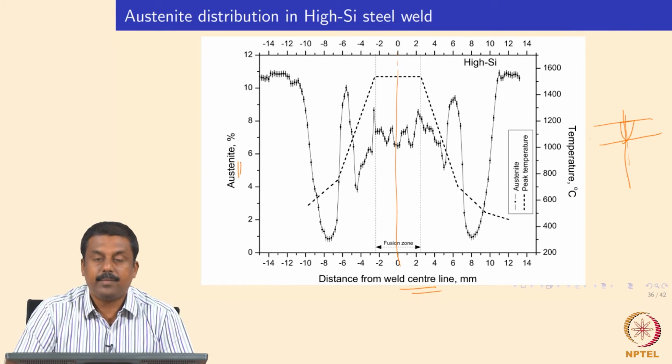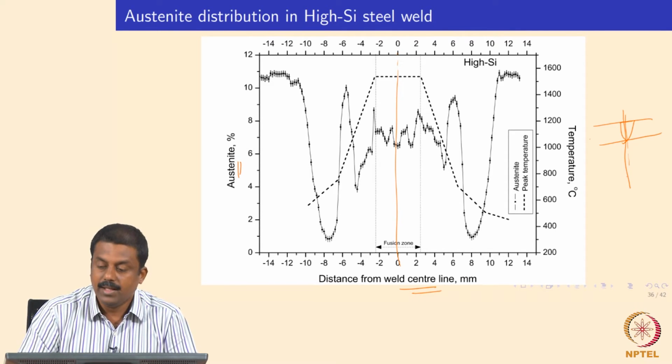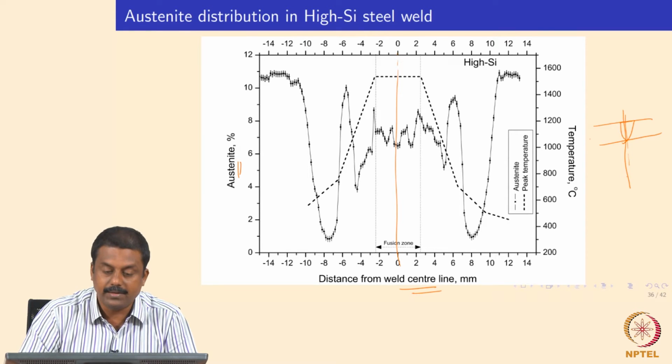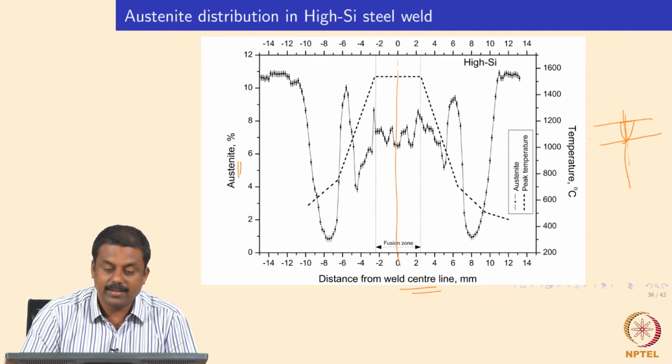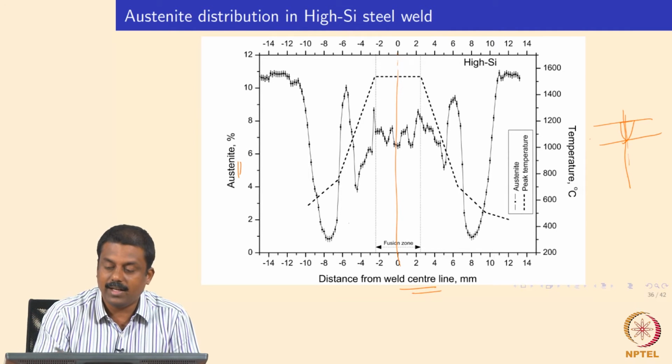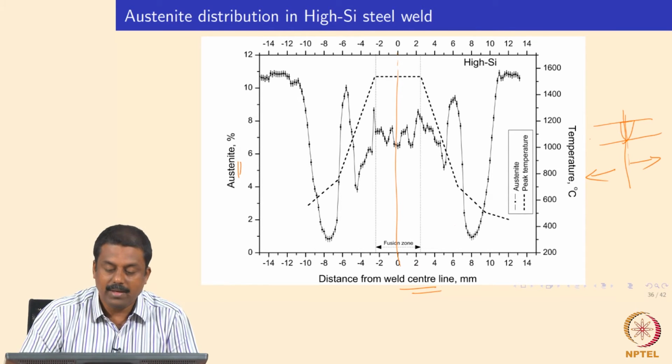containing silicon, a TRIP steel, using a GMAW bead-on-plate weld, which I showed you in previous lectures, and you can refer to the figures and then identify. Now you can look at the weld zone regions in the slides which I showed you in earlier videos. So now if you look at the retained austenite variation along these lines, it's very interesting to see, right? It is symmetric. If you look at it along the weld center line from this side and this side, it looks very symmetric, but we will see one by one.